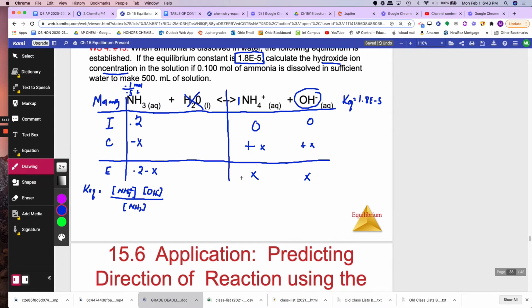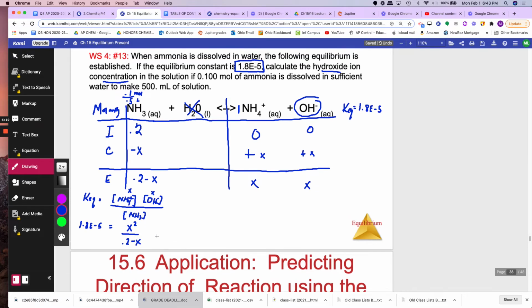We have 1.8 e negative 5 equals the concentration of ammonium at equilibrium, which is x. Concentration of hydroxide is x also, so x times x is x squared, divided by 0.2 minus x. So you can see that I am about to use the quadratic equation to solve for x,